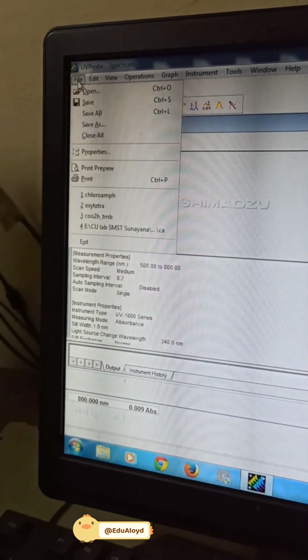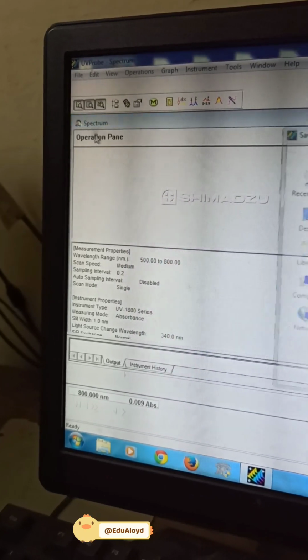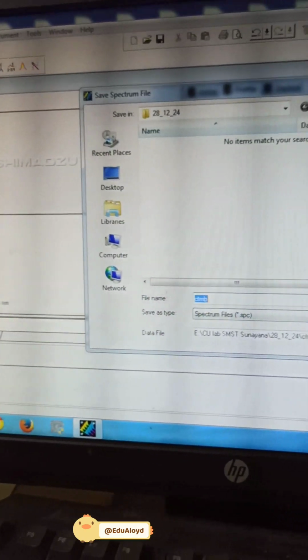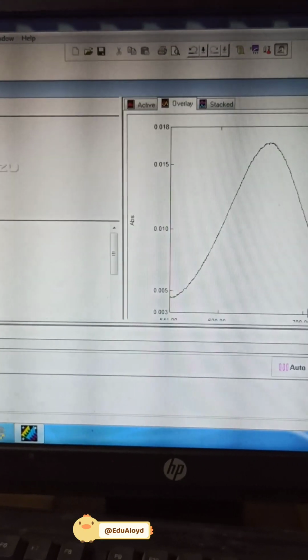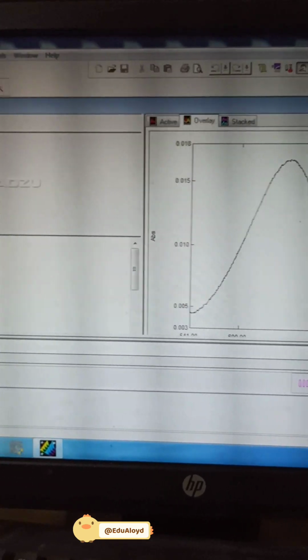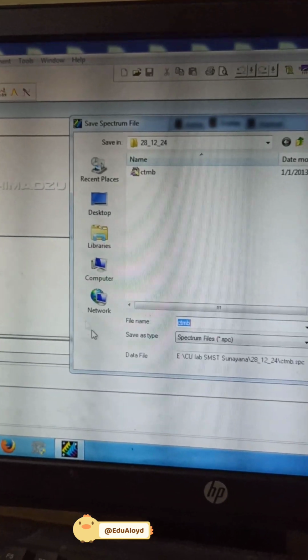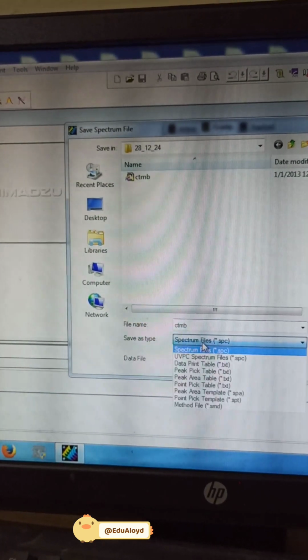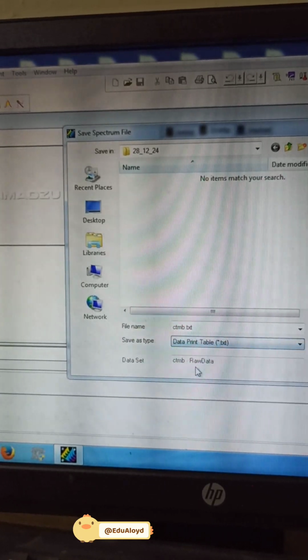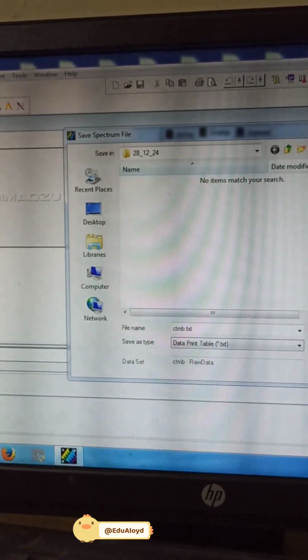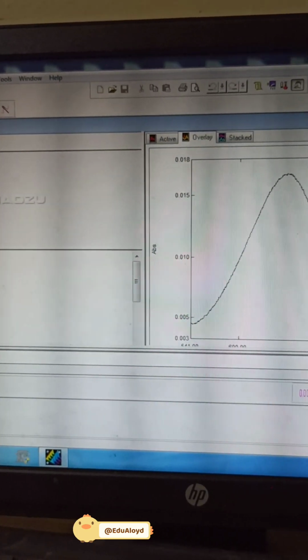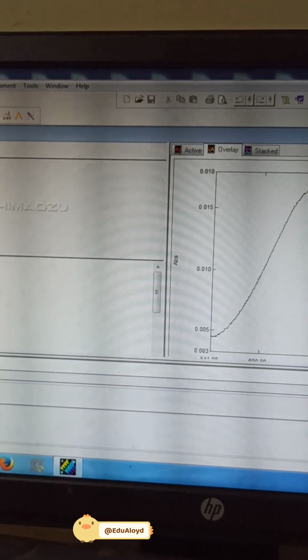Now how it is saved. For saving, save as, finish done. And again save as, data printable and save. And I can save and to close this just